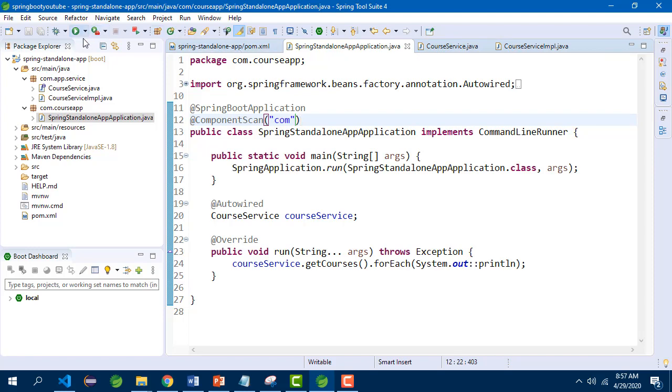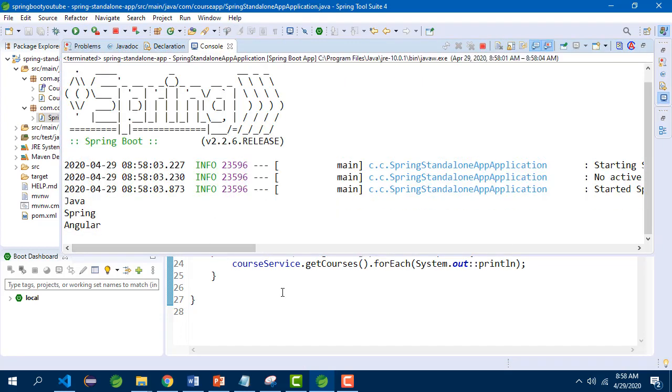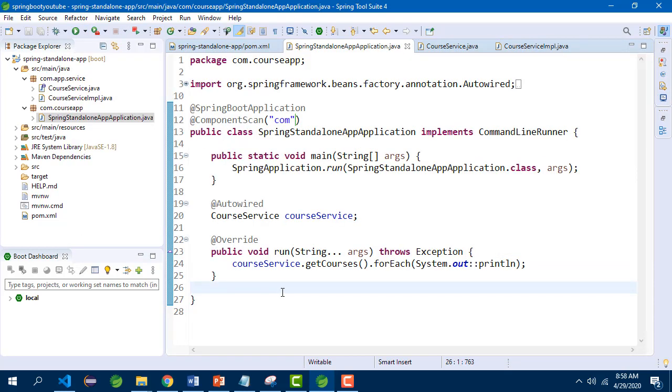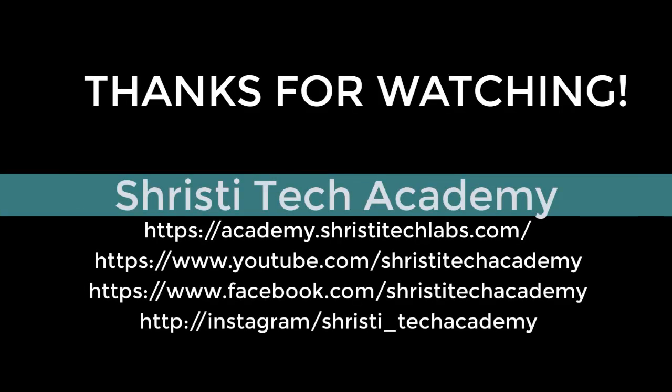Now I will rerun the application. Now this will work fine. So this is how you create a standalone application using Spring Boot. Thank you.